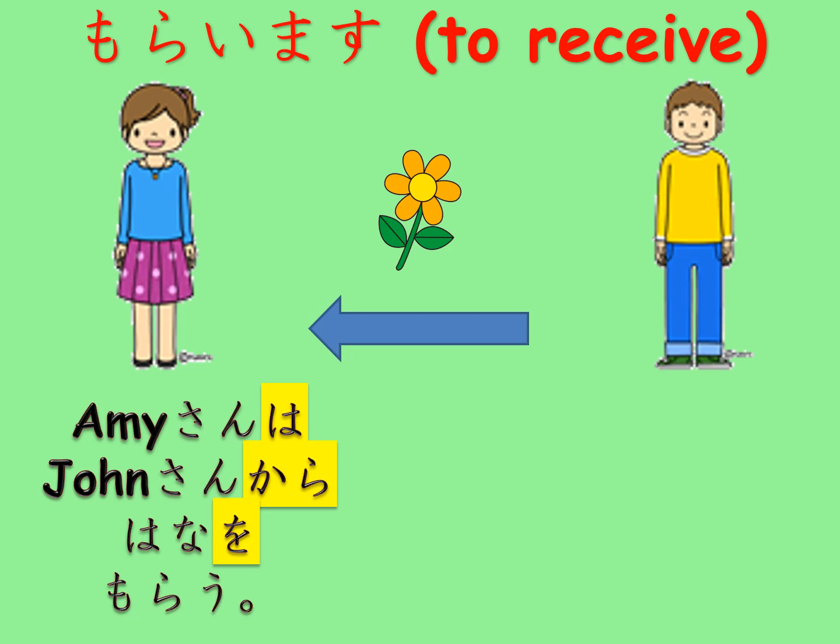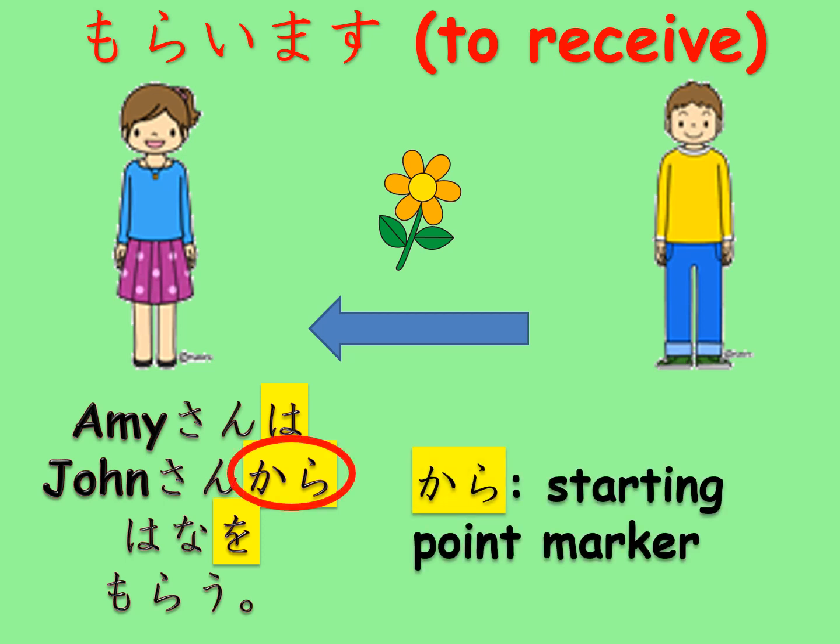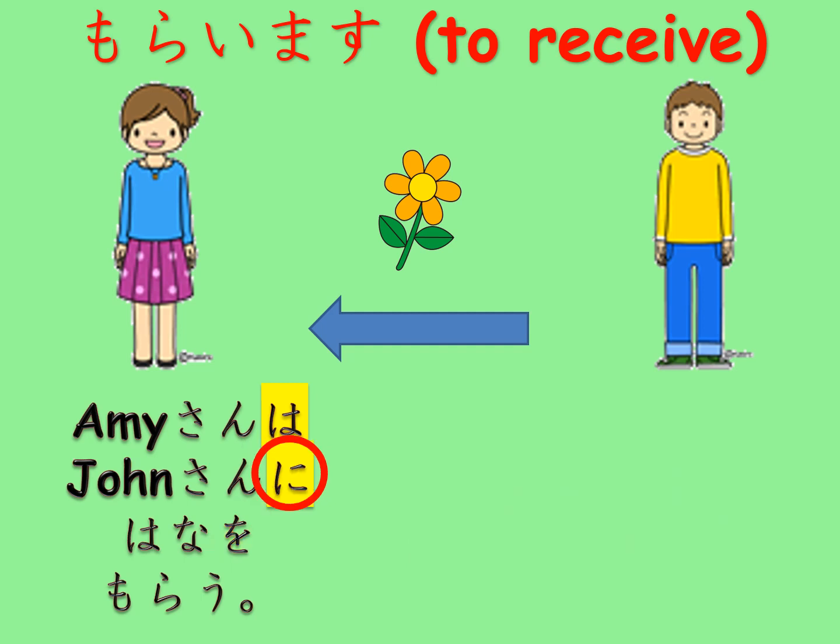When the same action is described, focusing on Amy receiving flowers from John, that is, Amy さんは John さんから花をもらいます。Here, から is the starting point marker. The flower came from John, so から is used. You can change the particle から